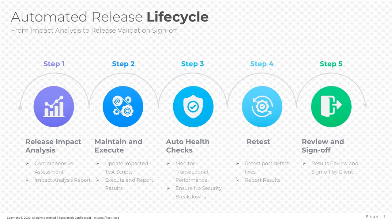But if you look at automated release lifecycle and what this customer has done by leveraging automation, it's a simple process. There is an automated impact analysis that is happening. So nobody has to really go and read the release notes to figure out what is changing and how does it impact what to test and what not. There's a release impact analysis report that gets generated. Then you can look at the impacted changes, what updates need to be done on the automated tests, make those updates, execute the automated scripts, also do auto health checks in terms of are there any process slowdowns that have happened, are there any security breakdowns, run those tests as well through automation